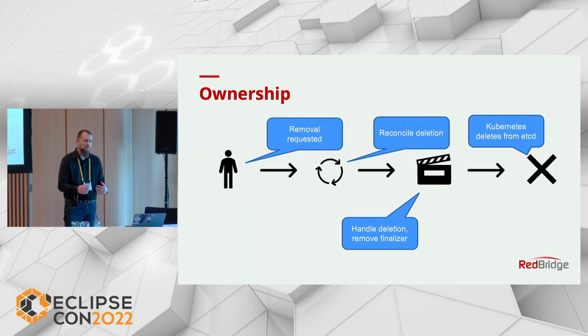Say, for example, that you created a resource that says create a database in that Oracle database somewhere. When you delete that resource, you don't want that database, or that schema, to still stick around. You also want that to be removed. So when we trigger the finalization process, the resource will not be removed from your cluster until it actually managed to destroy or remove the schema from that Oracle database that I was just talking about.